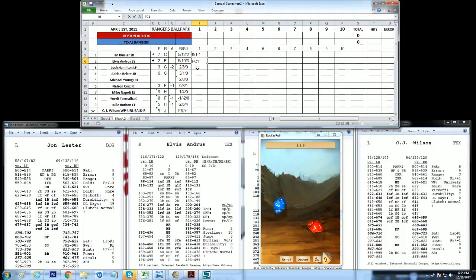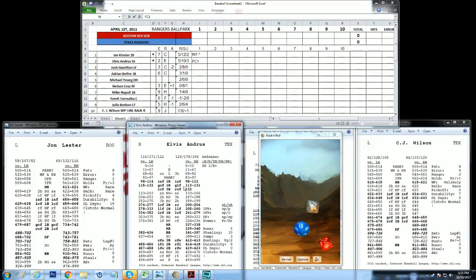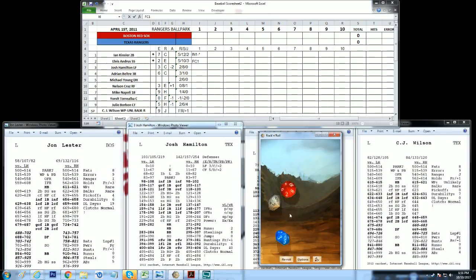I had actually sent an email message to the Internet Baseball League and asked those questions because I'm not sure how to resolve that 100% yet. And oh well, we'll work on it. We'll figure it out. Anyways, let's just keep moving on here. So next batter is going to be Josh Hamilton, the left fielder, against John Lester. I was going to try and make this a lot faster today here, but